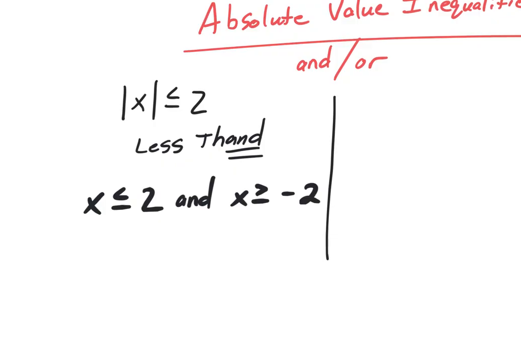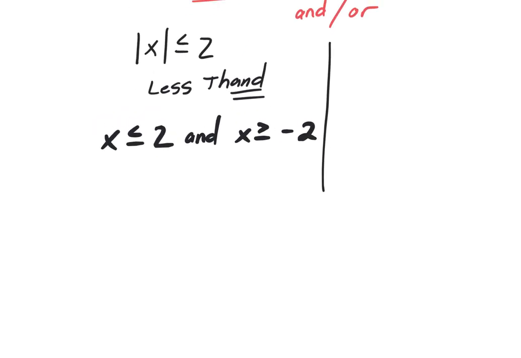Now, we talked about some inequality problems earlier on, and a couple different ways that we could write it out. We wrote it in its answer form like we have here. We're going to write it in interval notation form, and usually we're going to graph it as well. So if I were to graph this,